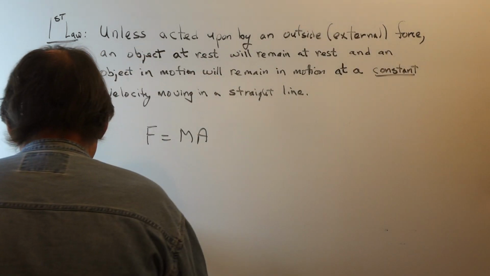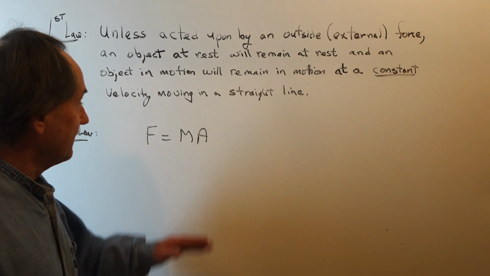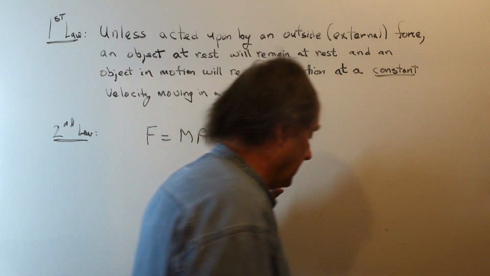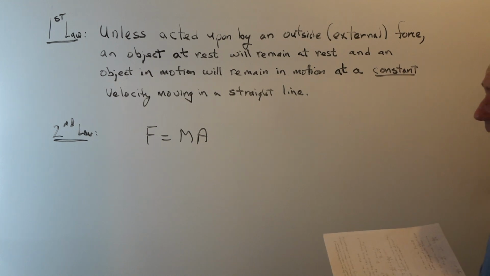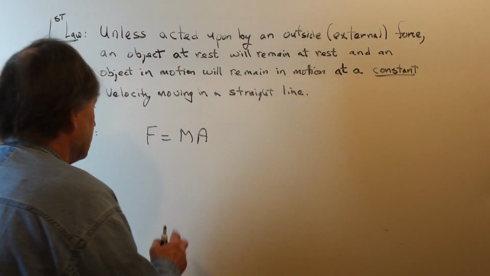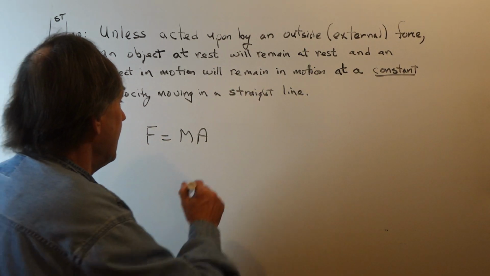Now, this is not how Newton originally stated it. This is a simplified statement of Newton's second law. Newton stated this law in more general terms. He expressed it using the calculus that he had invented, and